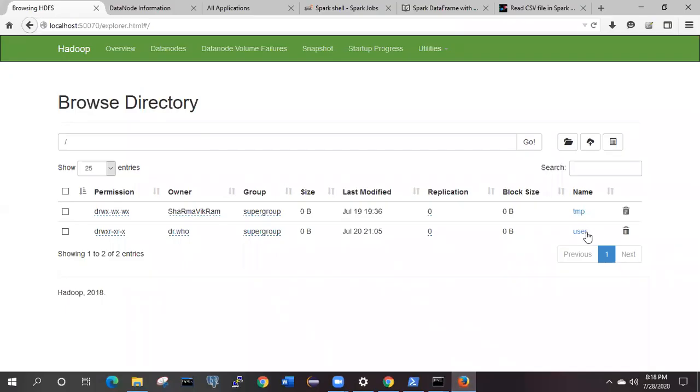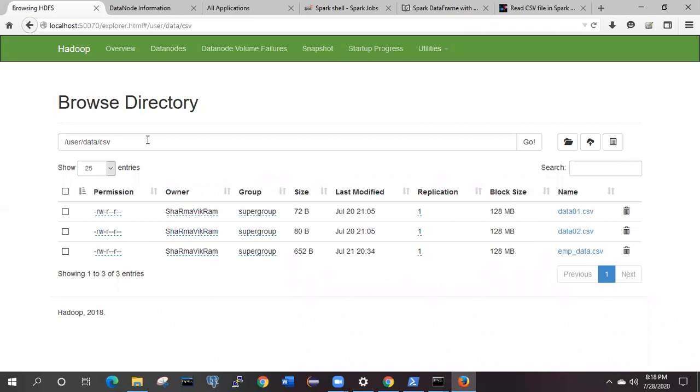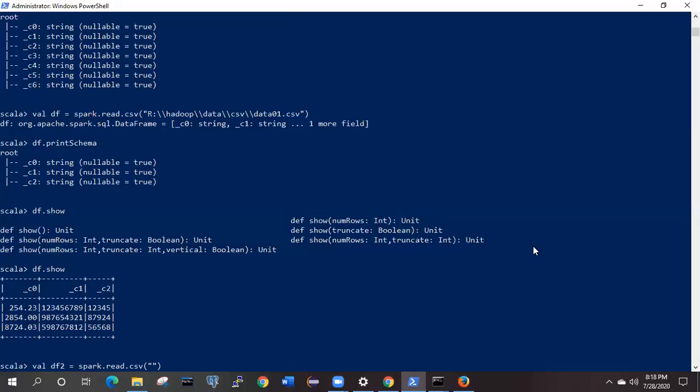If you look over here, in the user, then data, and here this is the CSV file. So we will go to this location. How are we going to pass it? It will be passed like this: hdfs colon slash slash localhost, and you need to specify the port number. In my case it is running at 9000.